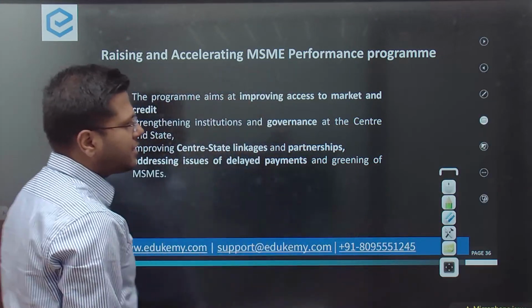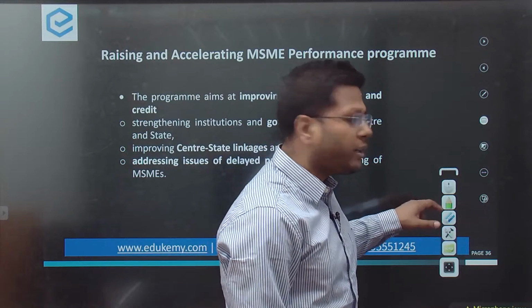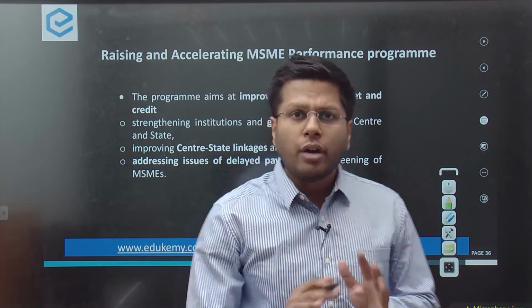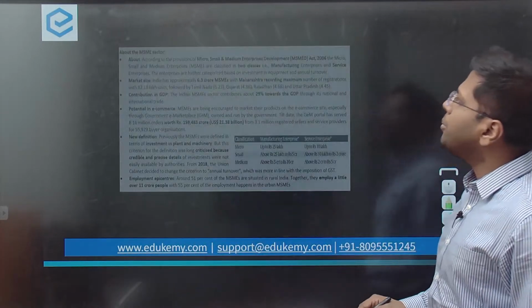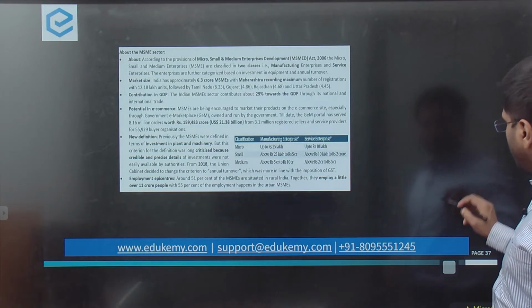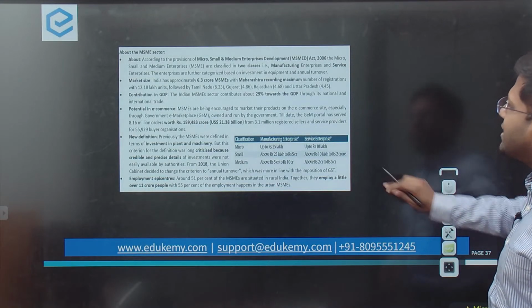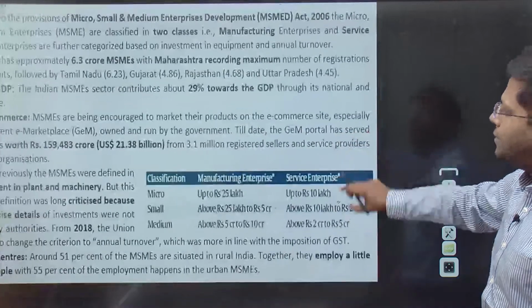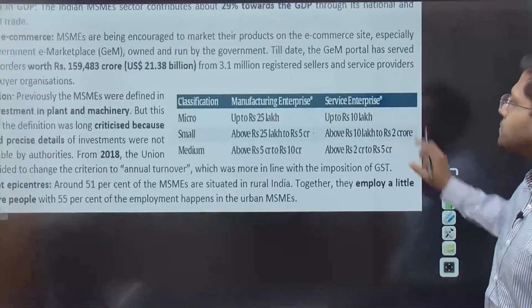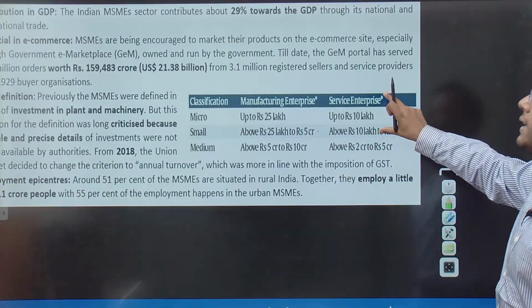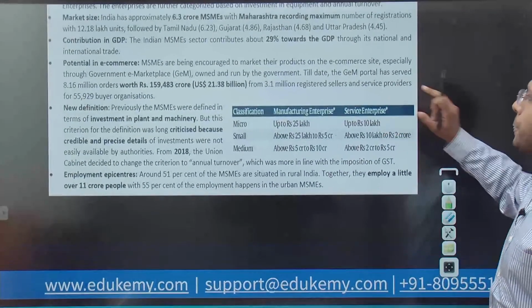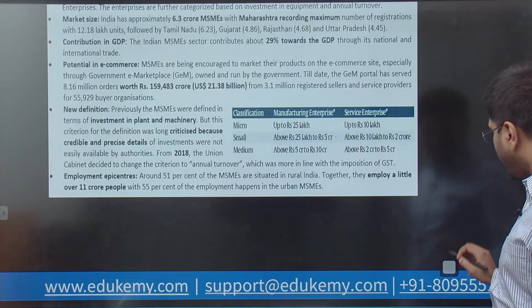But when we discuss a scheme, we don't understand only the context of that scheme. We will understand a lot of other schemes in totality. What about the other schemes? Before anything, this is the MSME sector that we are speaking of. So let us quickly make you understand the criteria for defining an MSME sector.